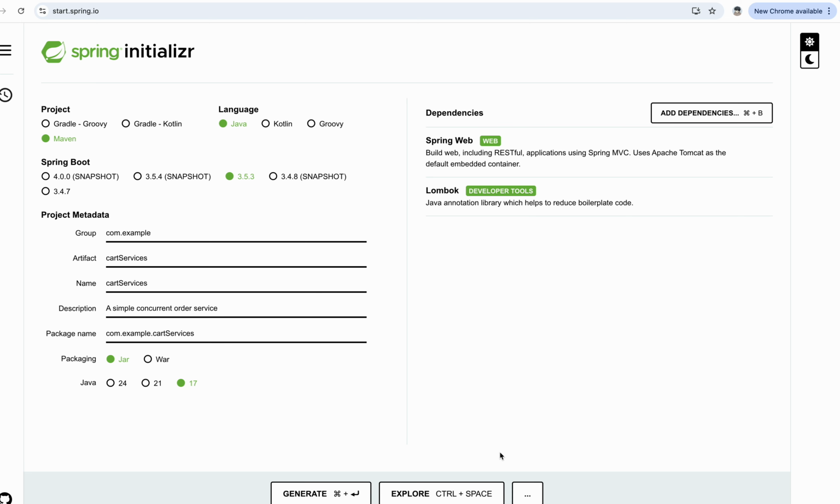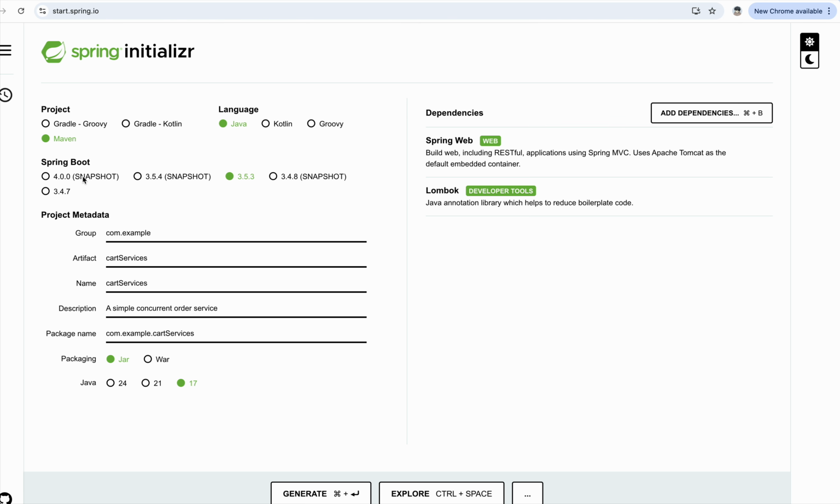So today in this video we are going to learn how to create a Spring Boot project from scratch. For that, we are going to create an order create API in Spring Boot. First of all, we need to create a Spring Boot project. For that we need to come to this website